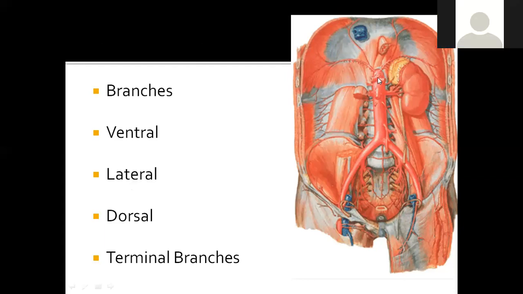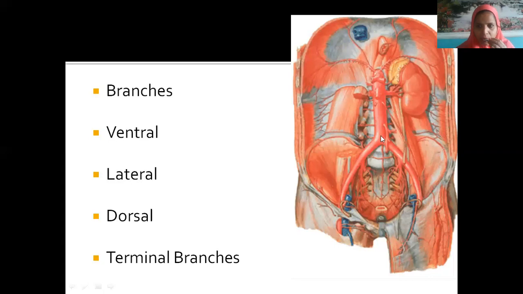We have the celiac trunk, superior mesenteric and inferior mesenteric arteries. What are the lateral branches? Gonadal arteries. Come in order. What is this artery going to the diaphragm? Inferior phrenic. What is this? Renal arteries. Excellent. What is this one? Suprarenal, or the adrenal artery. Very good. Suprarenal or adrenal artery, renal artery.